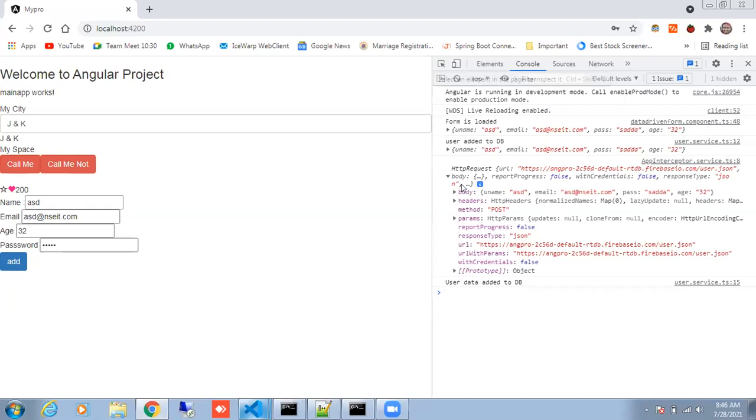Other than authentication, you can use it for appending the content type, setting the header details, removing the header details, adding the authorization tokens. You can log the responses. When the request is sent and when the response is received, you can check in total how much time it took to process my client request.